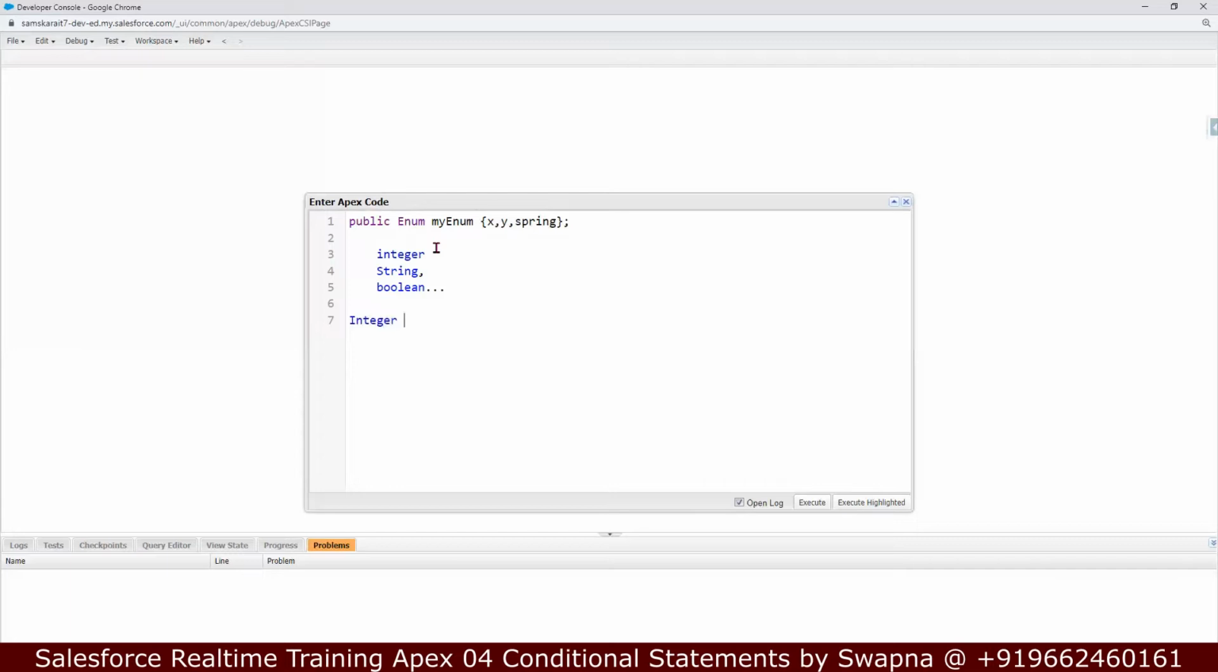Integer, and the container name is, let's say, my example, or let's say A. So this is the container name. It will hold only the integer data type. If I wanted to have a container that holds only Boolean values, what we used to do is declare a Boolean B. But when it comes to the enum,